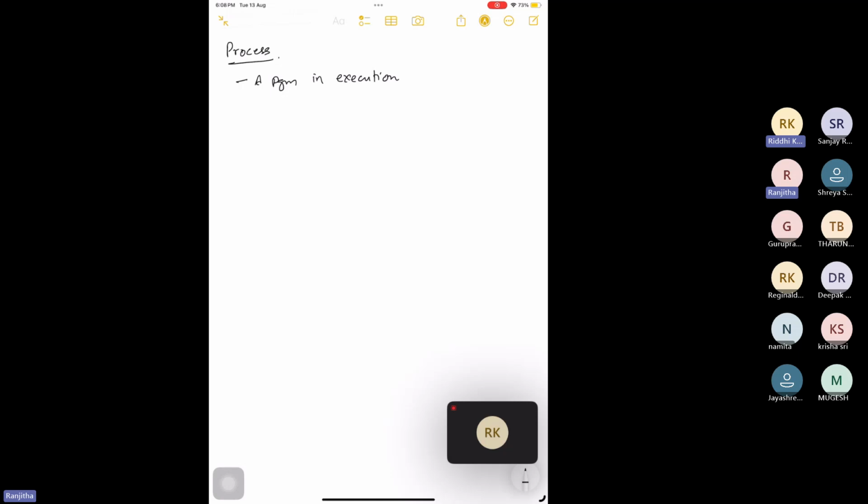In the earlier class we have seen a simple hello world program, and we have also seen, when putting it in a while loop and executing that program, that a process is created and we could see the process ID also. Correct. So when we run a simple hello world program like